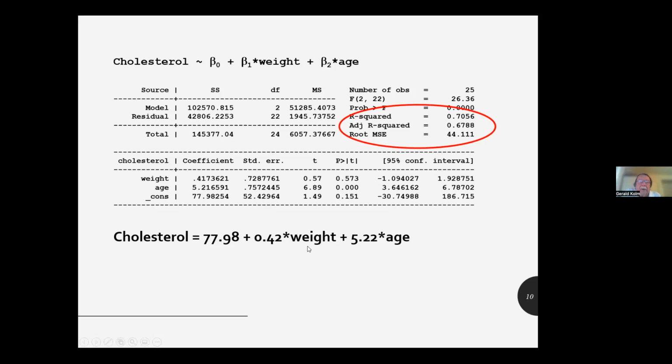If we kept it in our regression equation, this is what it would look like: the constant plus 0.42 times weight plus 5.22 times age. And you notice that our regression coefficient for age didn't change very much. From just age by itself, it was like 5.23. Now it's about 5.22. So weight isn't really making much of a difference in our